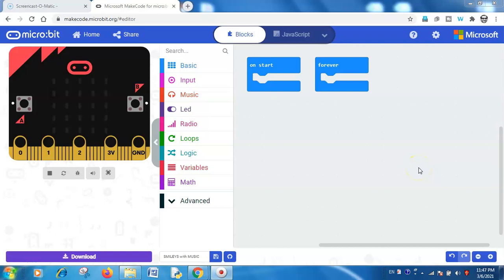Hello everyone, I'm Amit, a computer science educator from India, and you are most welcome to this fun learning environment from Microsoft called Microbit, and we are in the MakeCode environment of Microbit, and we're going to draw two smileys with some musical effects here with the help of LEDs, and we are in the default environment where we have a start